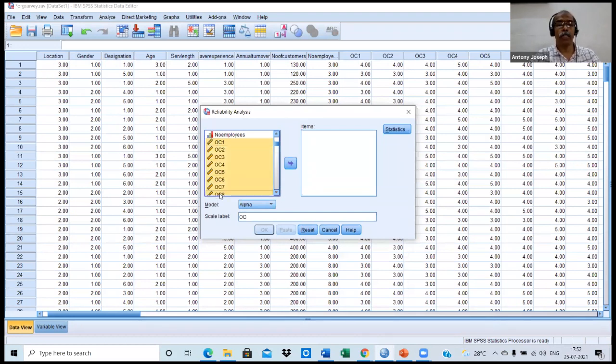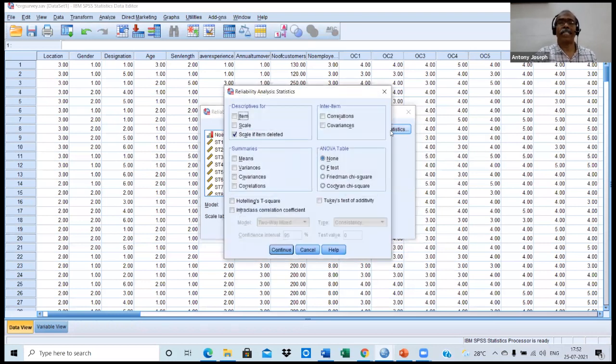You select all the variables for the measurement of organizational capabilities and put them in this box. Always remember to put a name for the scale label. That is very important. Then you click Statistics, and you will get this.